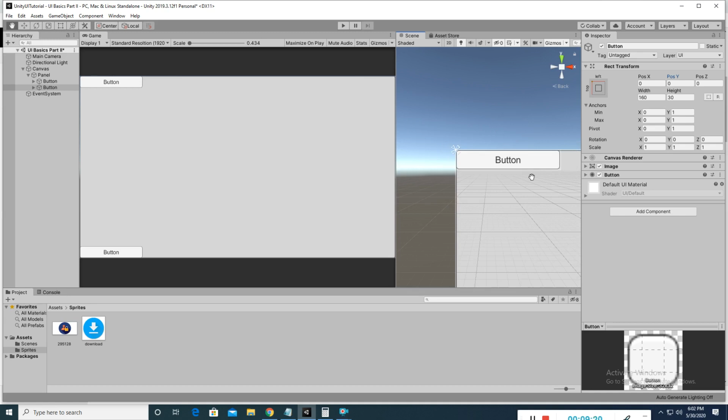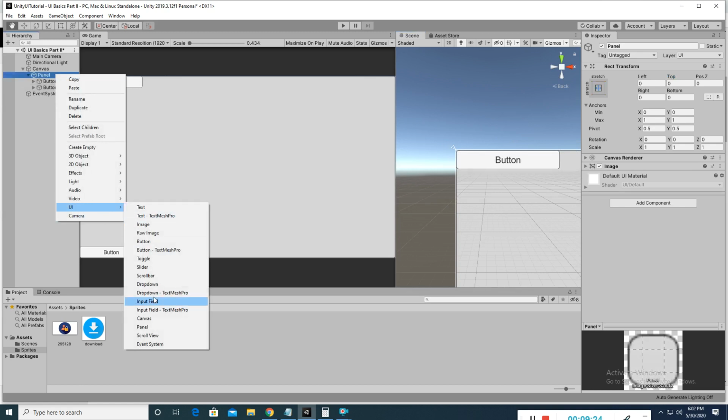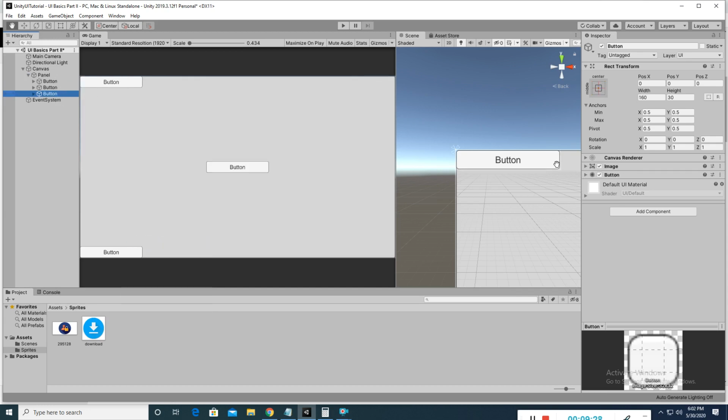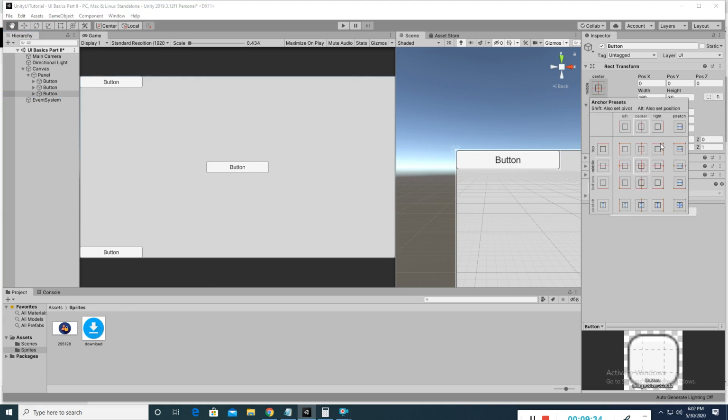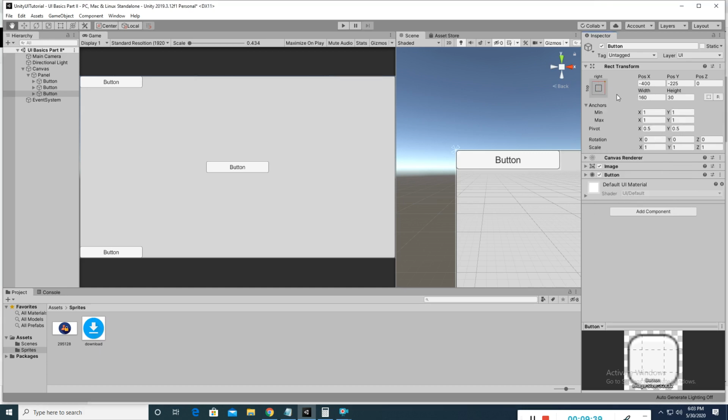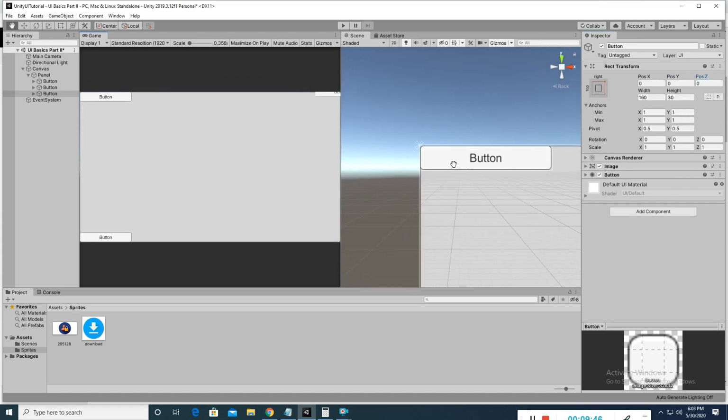Okay, again I am creating one more button to show you. If I want to place this button in the top right corner, I will select this top right corner and make it 0 0 0. Now the pivot point is in the center.